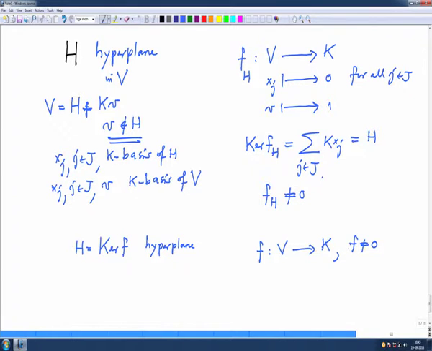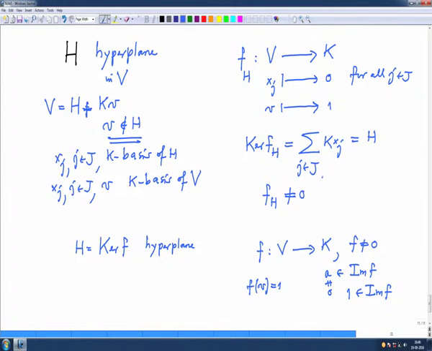Because this linear form is non-zero, it has to be surjective. Some non-zero element A is in the image, because it is non-zero, so all values cannot be 0. So, some non-zero value will be there. So, A is in the image, but then 1 will also be in the image, because K is a vector space, and if 1 is 0 then everybody will go to 0. So, 1 is also in the image. So, 1 will come from somebody. Suppose 1 is coming from V, f of V is 1,